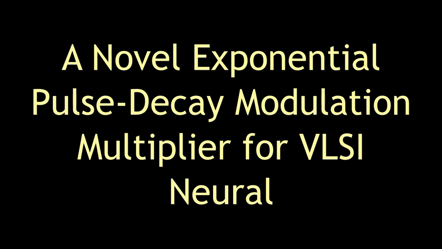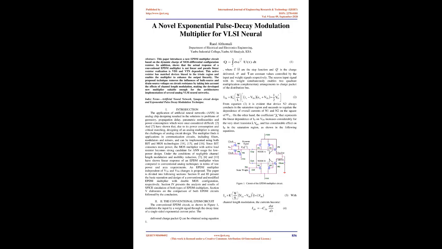A novel exponential pulse decay modulation multiplier for VLSI neural networks. This paper introduces a new EPDM multiplier circuit based on the dynamic charge of a MOS differential configuration resistor. In addition, it shows that the actual response of a conventional EPDM multiplier is not linear and that the pseudo-linear resistor realization is